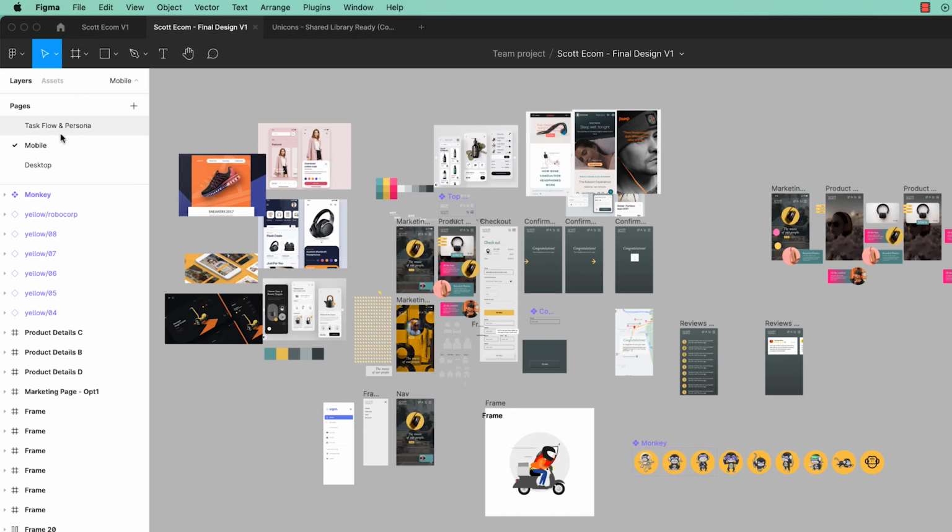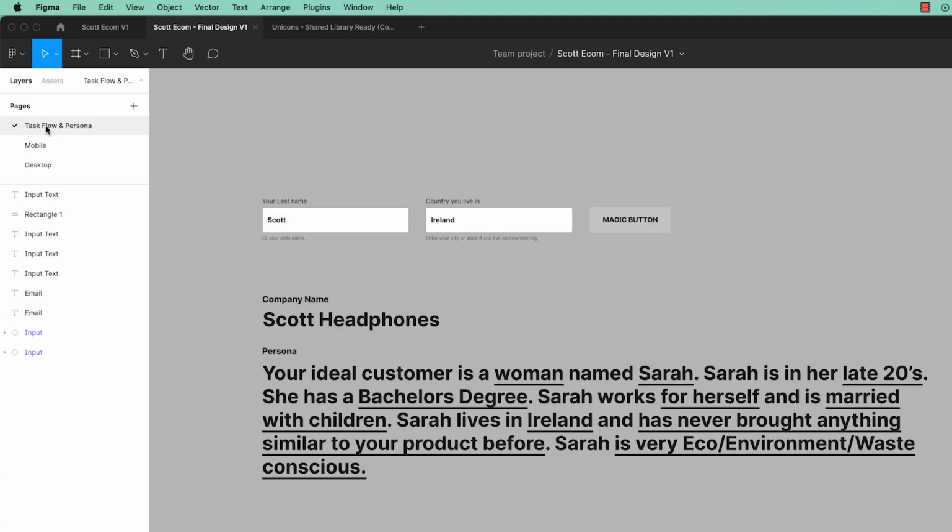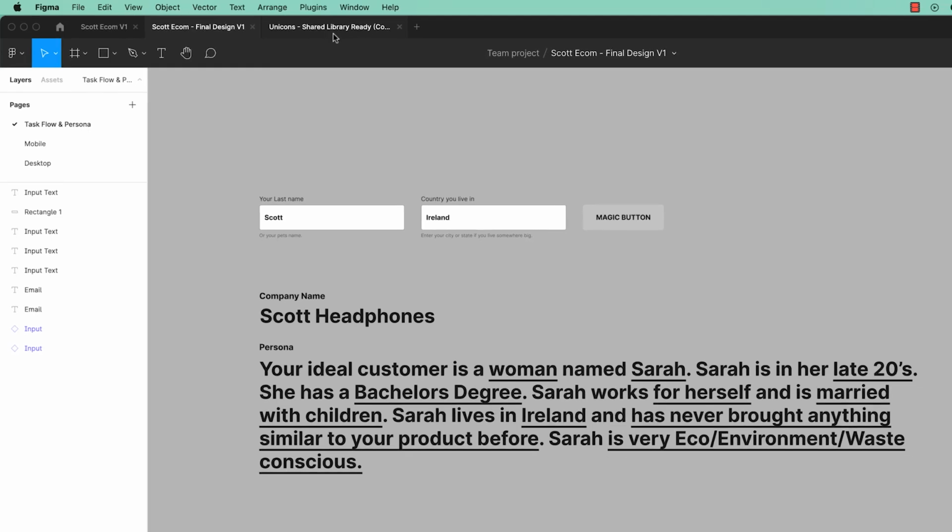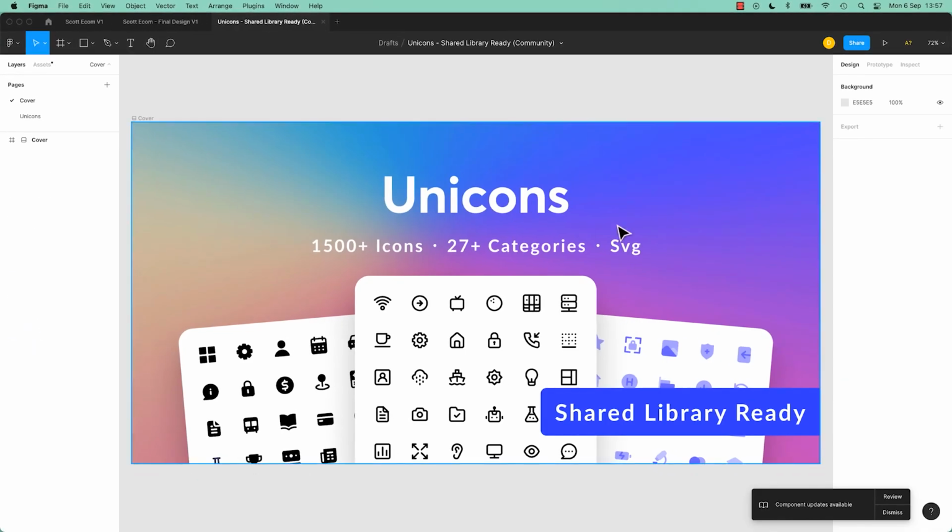Another use case, and we're going to do it in this version as well, is that often you'll put another page with things like your task flow and persona. We'll do that in a second. Also, let's have a look. I'll show you now because you'll have opened up some of the stuff from the community. Remember we looked at these